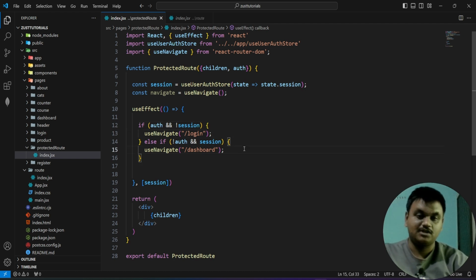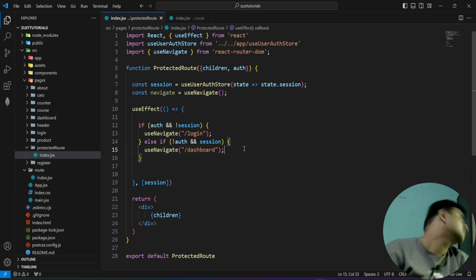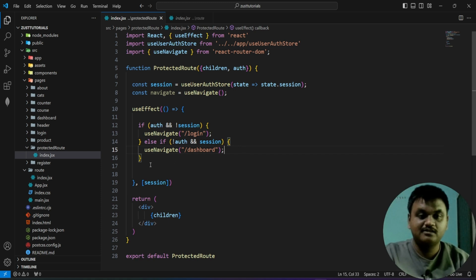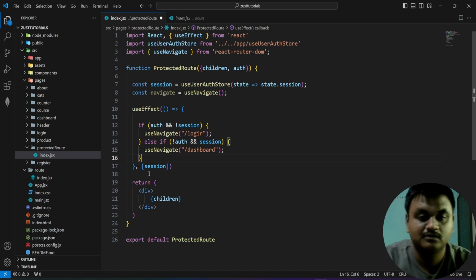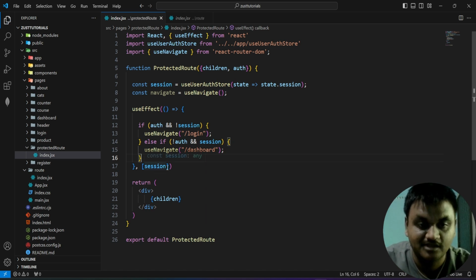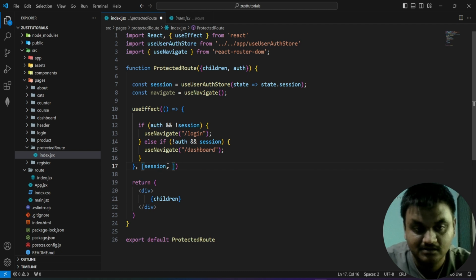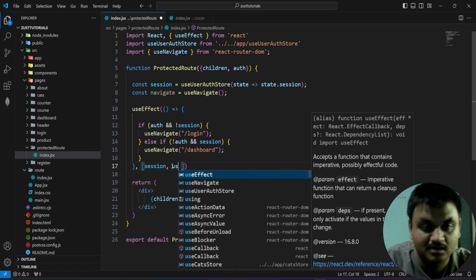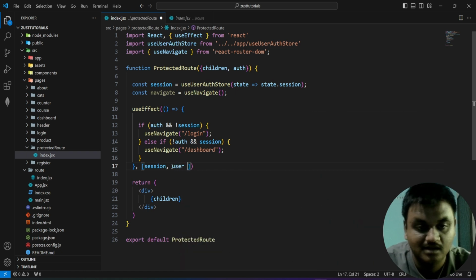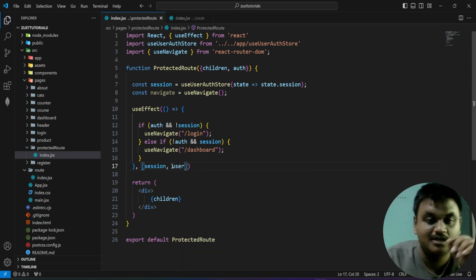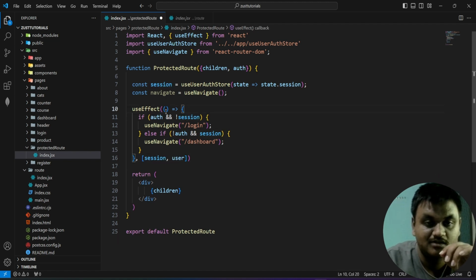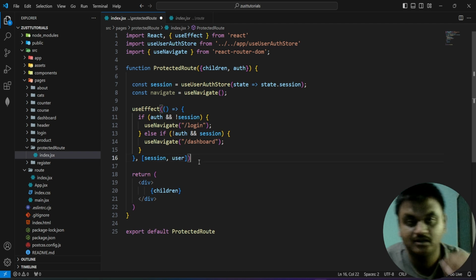This thing here we want, when it will happen only in the case of session. In the case of the session is there, or you can take the user also. These are the dependencies. In the case of session update only, this will be triggered. Surely this useEffect will be triggered